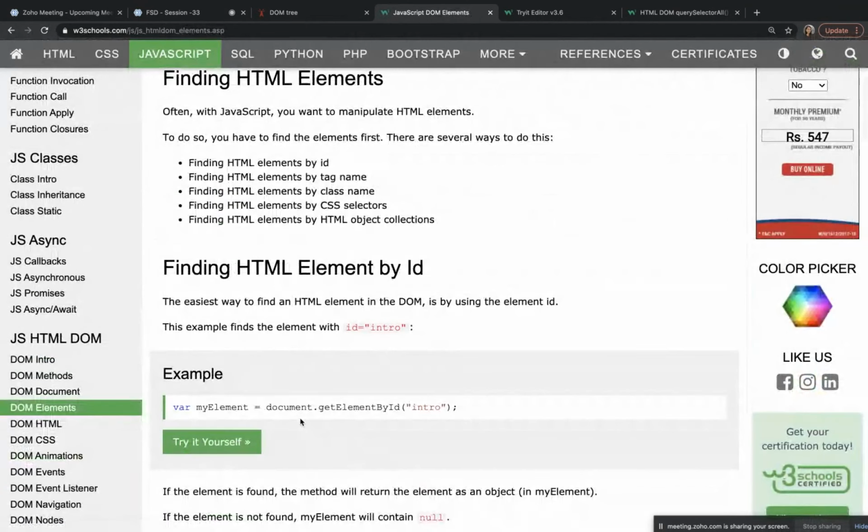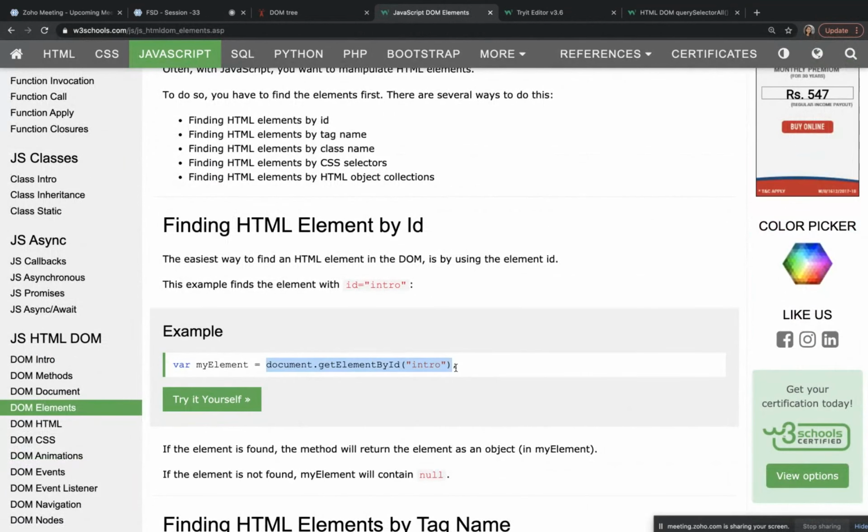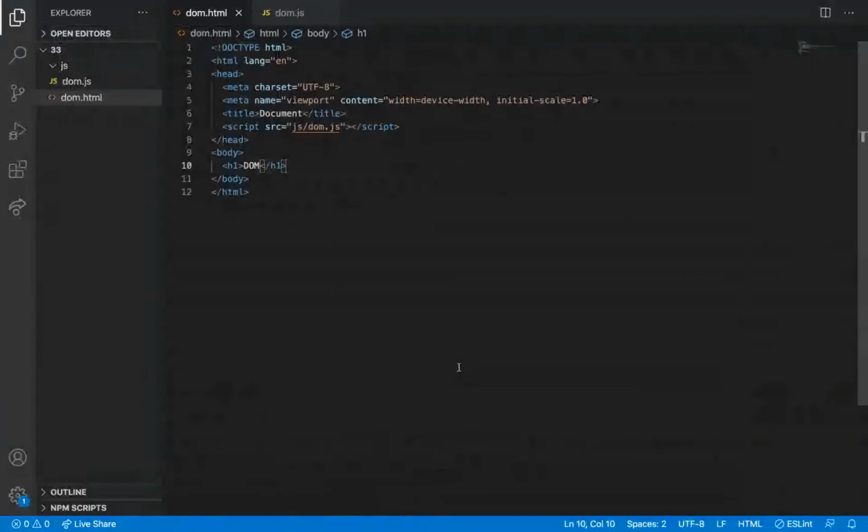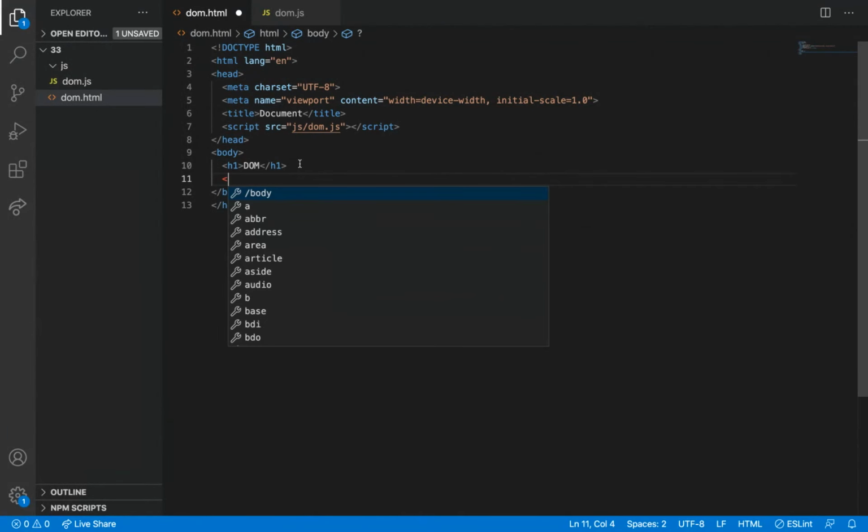Yes, we already know document.getElementById, right? So let me add a tag with ID test.